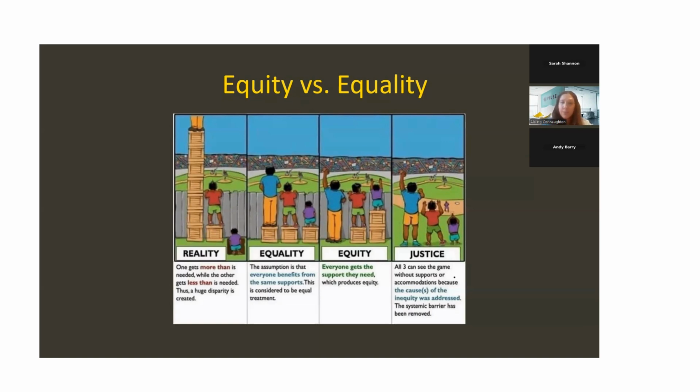I didn't have that challenge when I set my business up. However, I am dyslexic, and that means I can't fill out a bank form by myself. So it means that I needed that extra support in filling out the bank form, and that's equity in action. It doesn't mean that I shouldn't have it just because I have that disability. It means that I just need that extra bit of support.